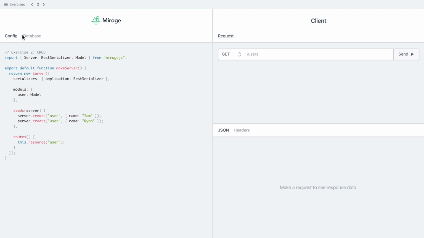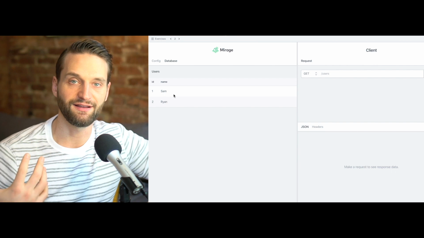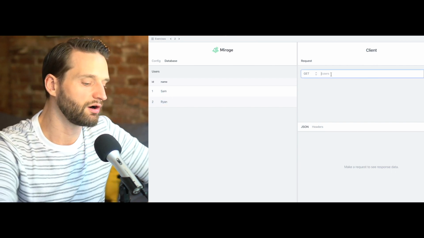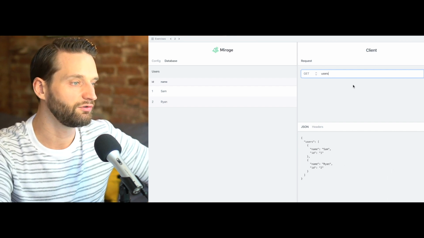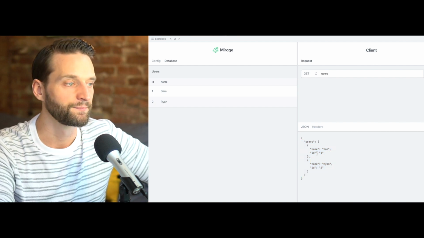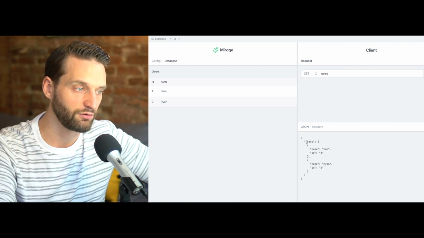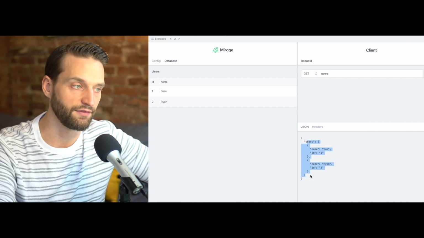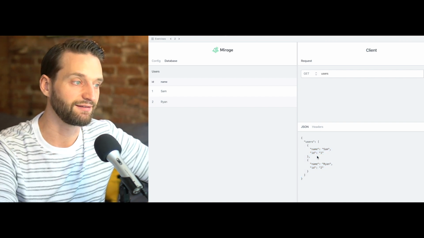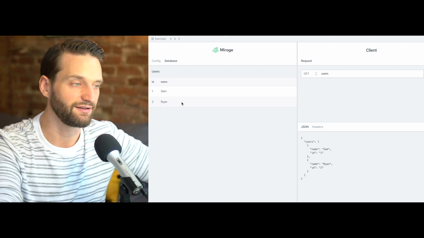Again, the purpose of this course is to get you familiar with how ultimately this data is stored in the backend. So we can see that this is the source of truth. And when our client app sends a request to users, we're getting this snapshot of the database at a point in time. Just like in the server rendered app case, our client app can now use this and render on the client the users in the system. Now, in this case, we see basically everything in the database. So you can think of this as the easiest case